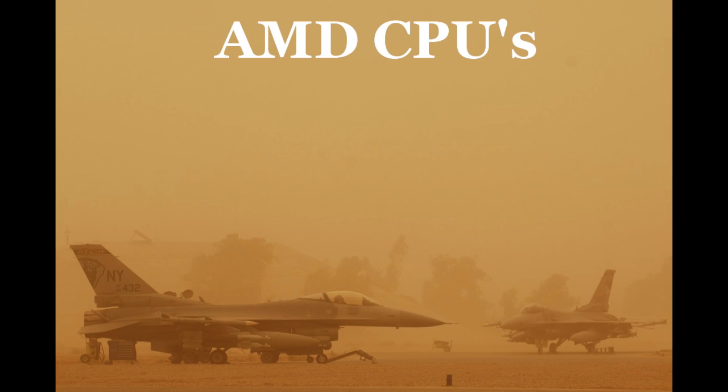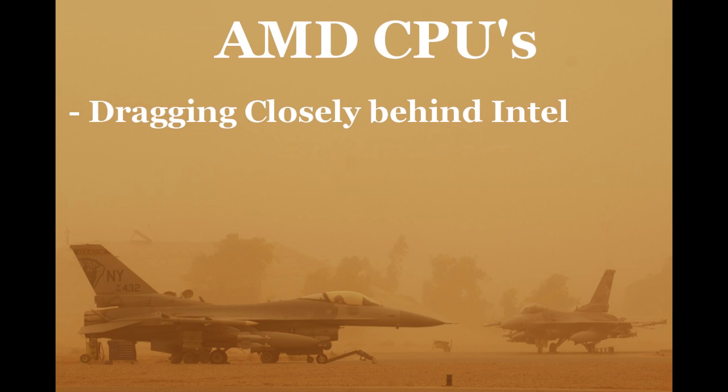Now moving on to AMD. AMD is a really good company. I'm not gonna trash them today, just because AMD was in the lead for a long time. They had pretty dang good processors and graphics cards, and they did the whole works. But to this day, Intel is kind of leading them. They have a little bit better processor, not just because they are advancing quicker and they have new architecture, but